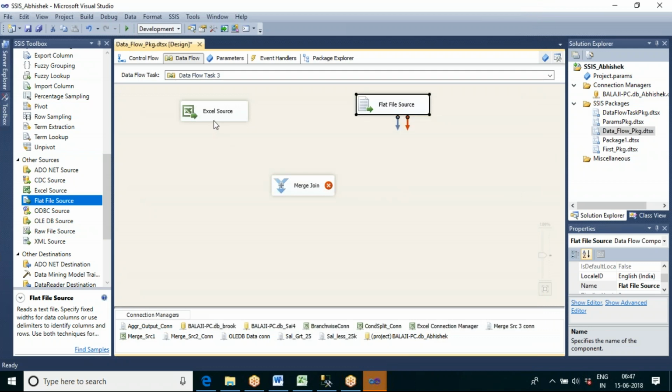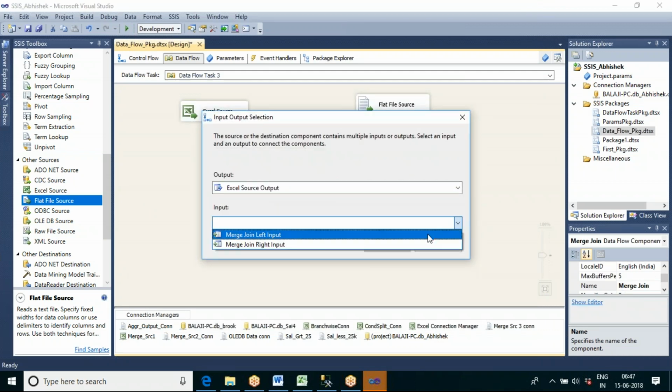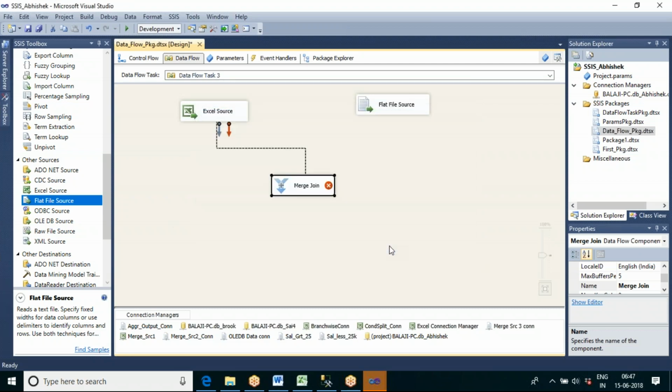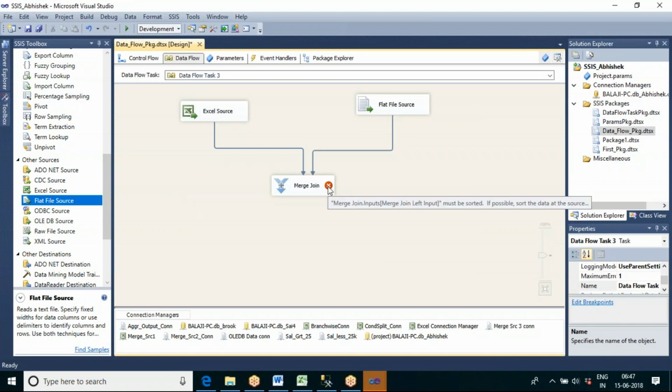Now let us go on. We already know that both merge and merge join accept only sorted data. Let me put it as the left input. These two will always accept only two inputs. Now you can see we are getting an error, saying that the left input must be sorted.